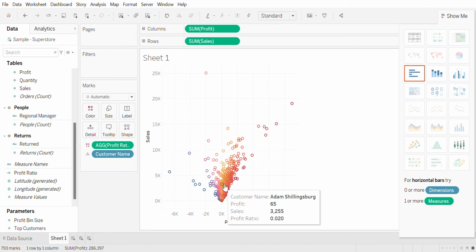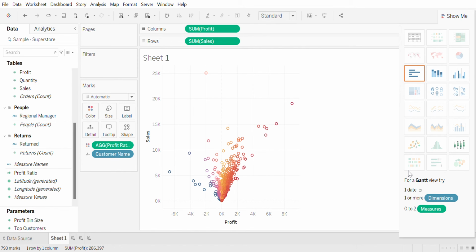Similarly, here you can see the various types of graph options that Tableau has. And for this combination of data, the graphs that are possible are given in bright, and the ones that are not possible are given in a blurred shade. So you can very easily find out what kind of graphs are your possible options for the type of data you're using at the moment.